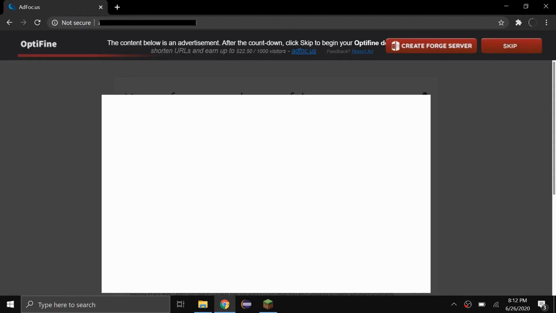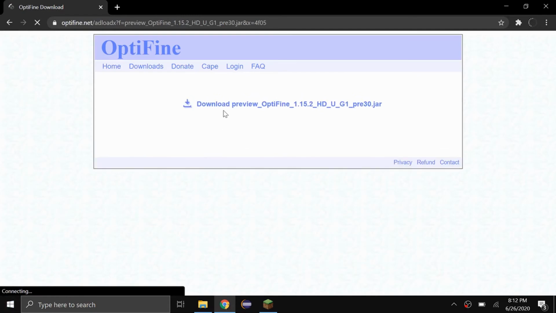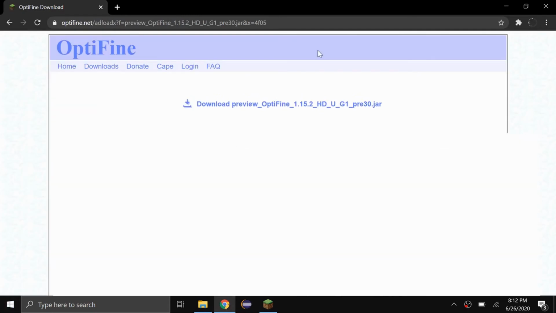So once you click it, you're going to get this ad thing, and you can just skip it. And now you get the actual download page. So just FYI, the download process is the same, whether you're using a preview version or a stable version, whatever, it's all the same. So once you get to this page, you're going to click on this download button, and